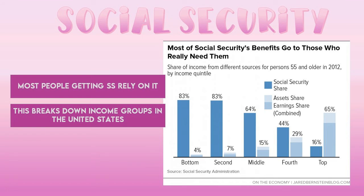The other thing that makes this really popular is that most people that get Social Security need it. They rely on this. People plan for this to be a part of their retirement. So you see here, we take those same quintiles of income, and people rely on this as their income. The bottom 80% of all people rely on Social Security. Up at the top, very few people actually rely on this money to get by. But this is a really, really important program for 4 out of every 5